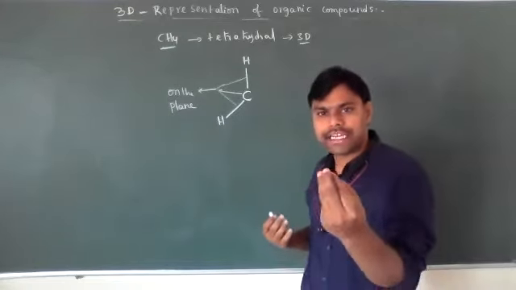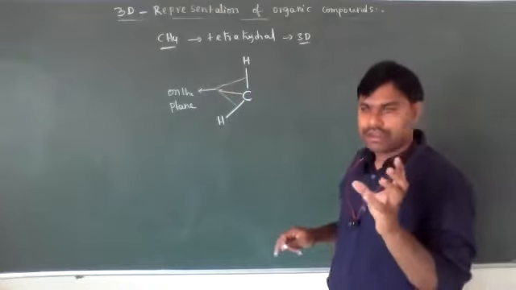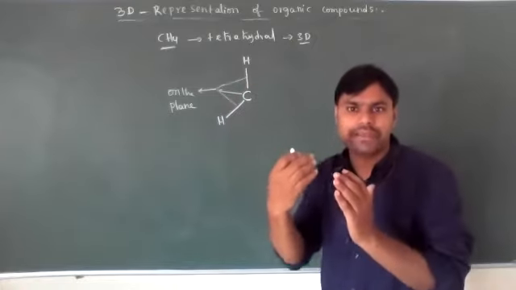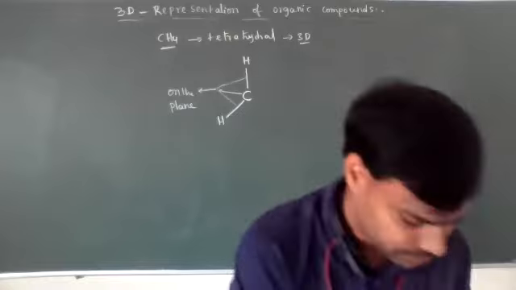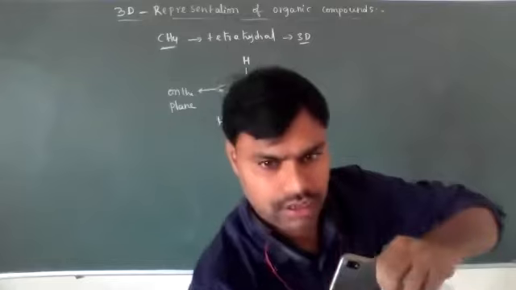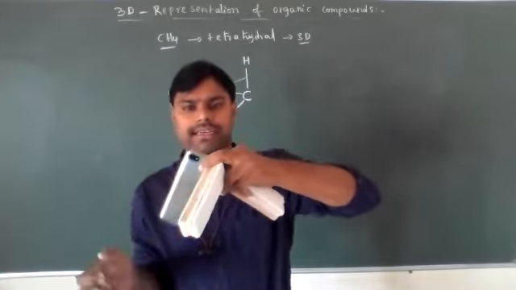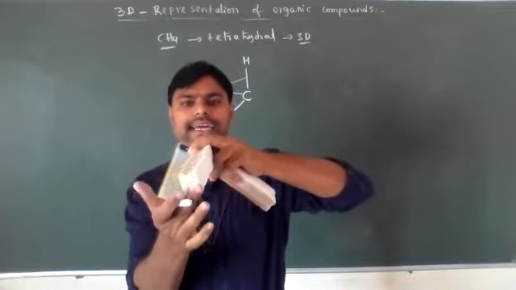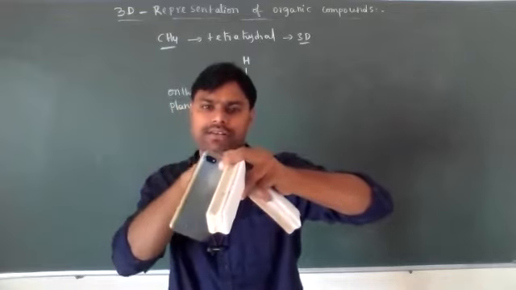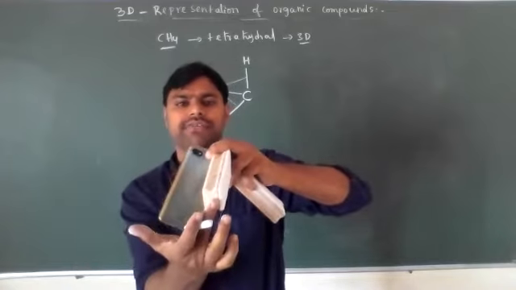Front is nothing but nearer to the observer. For example, you are watching the CH4 molecule structure. The one carbon and two hydrogen atoms are present on the plane. See, these four bonds are present. The front side is appearing, but the back side one you are not able to see because it is three-dimensional. These are on the plane. This is the front.